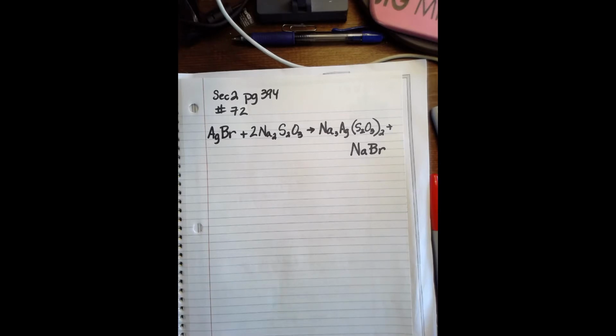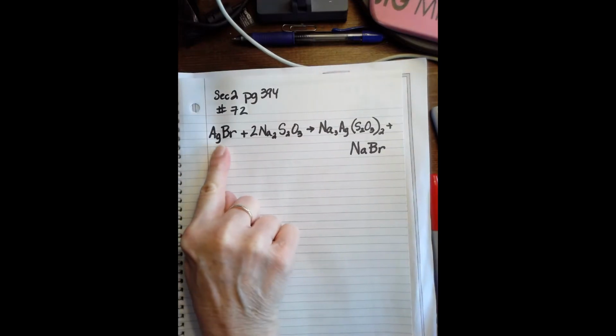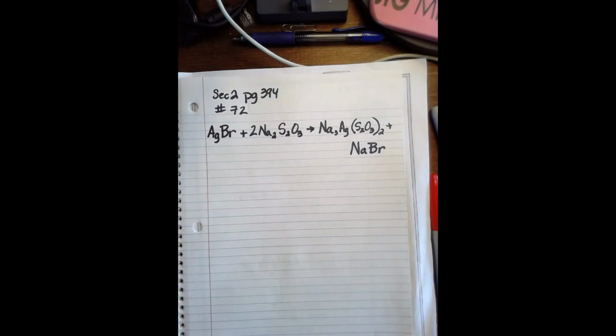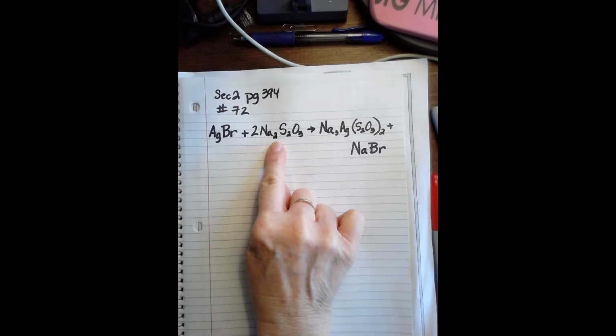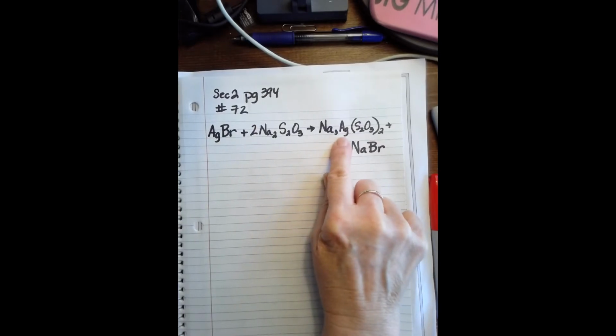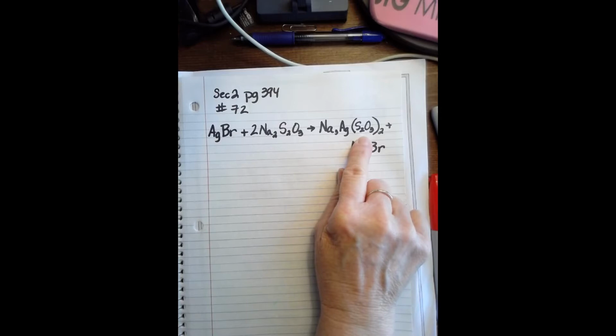So this says that photographic film contains silver bromide in a gelatin. Once exposed, some of the silver bromide decomposes, producing fine grains of silver. The unexposed silver bromide is removed by treating the film with sodium thiosulfate. Soluble sodium silver thiosulfate is produced, right? So they're asking us here to determine the mass of sodium silver thiosulfate if we